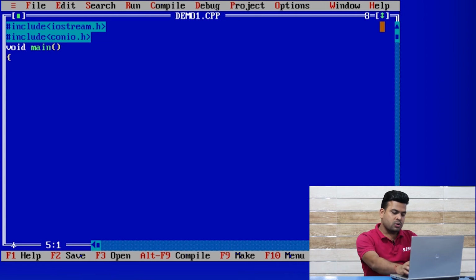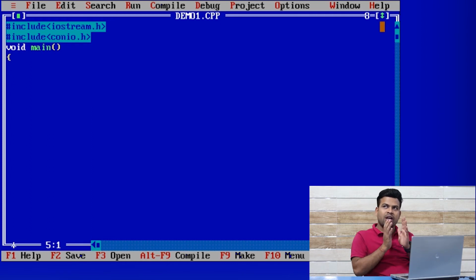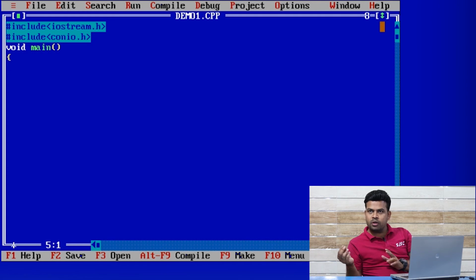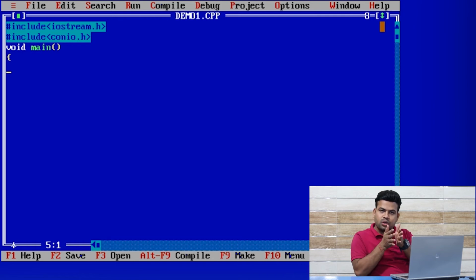Then after that, you have to think about your program. Our question is to add two numbers and find out the sum. For the purpose of adding two numbers, you have to insert two numbers. So for that purpose you have to declare two variables, and after the addition you have to store that sum value in another location.